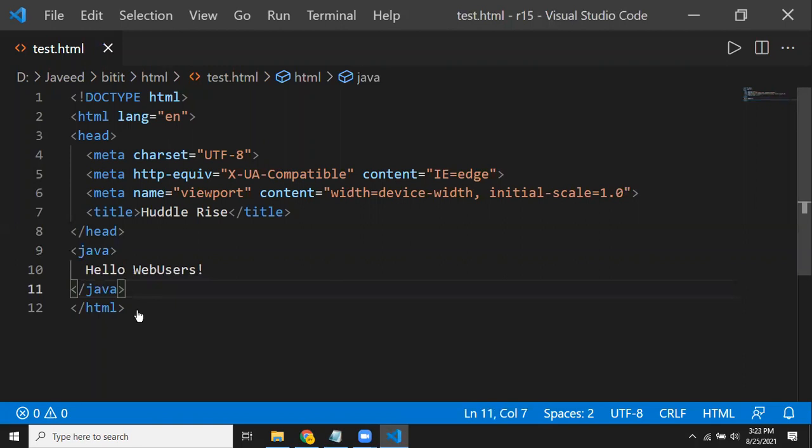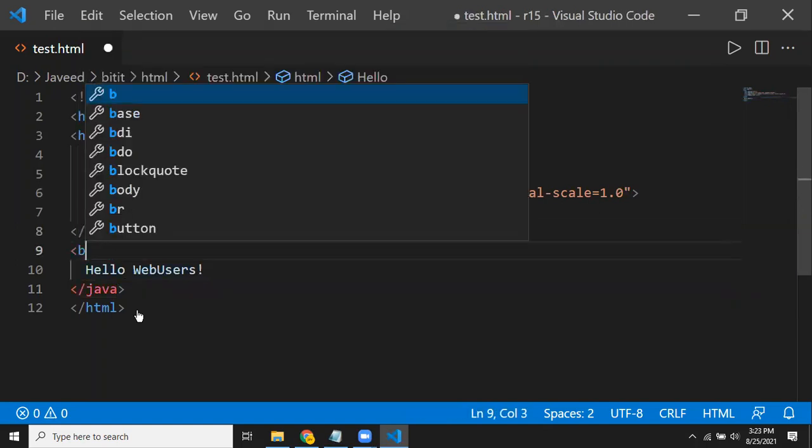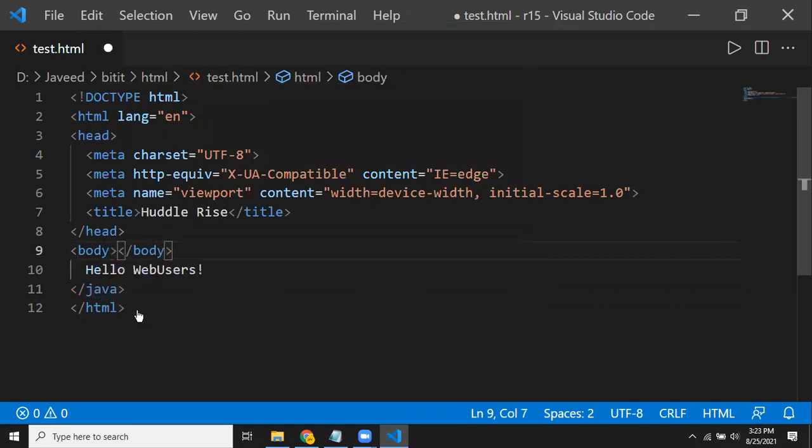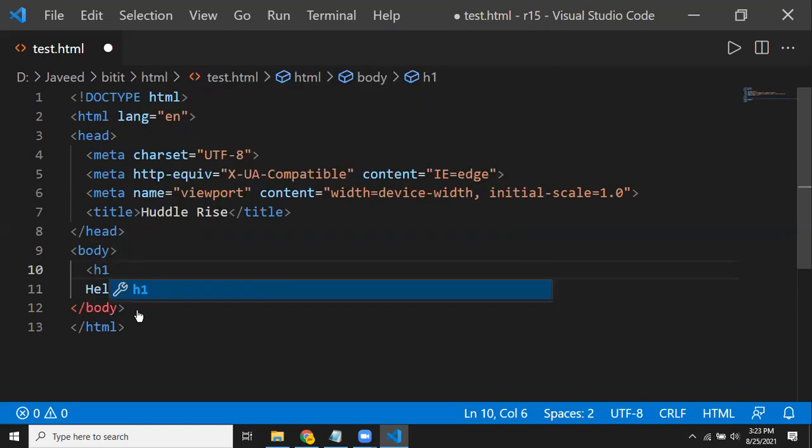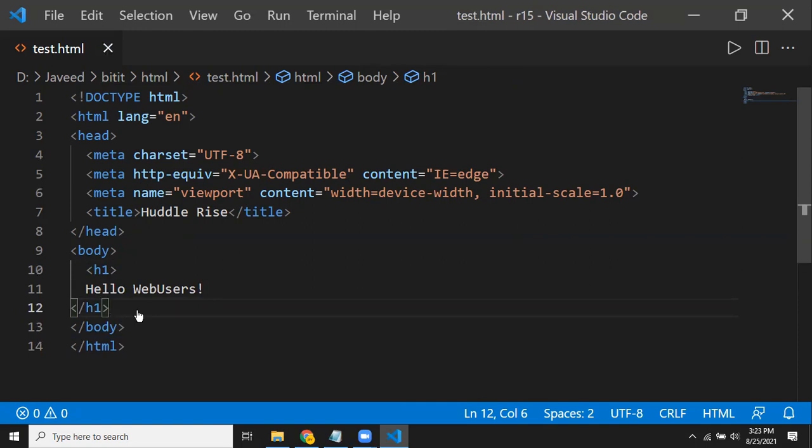What do I mean by predefined tags? I mean the tags have their own definition. For example, I have the body tag, and in the body we have the H1 tag. So I'm using the H1 tag now, and typing something within it. What does my browser know about it? If you use the H1 tag, it has to display the text in a bigger font. That is what it understands by H1.